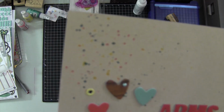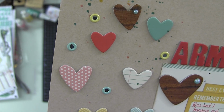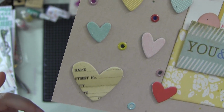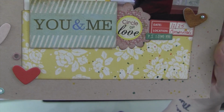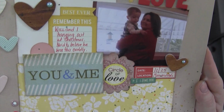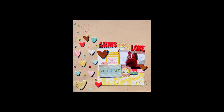So what I'm going to do is bring it up here, and hopefully the camera, there we go, is going to focus, and I'm going to give you some close-ups. I know a lot of people do this on their process videos, so I thought maybe it's something you guys wanted to see. So there it is. And then you'll also see at the end, I'll show you a picture of the layout. And that's basically it. Very quick, easy layout, very minimal